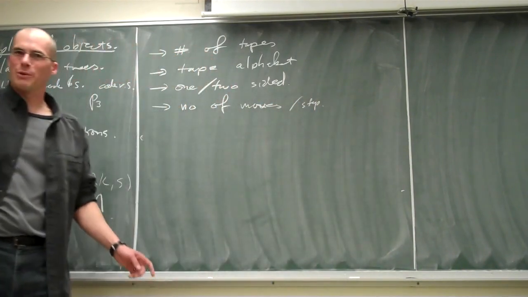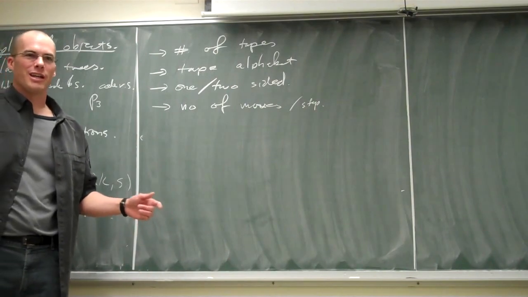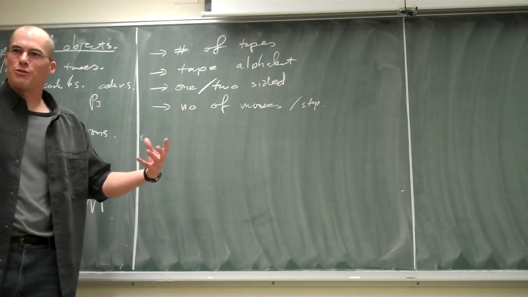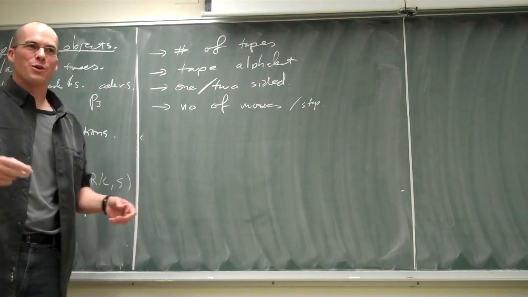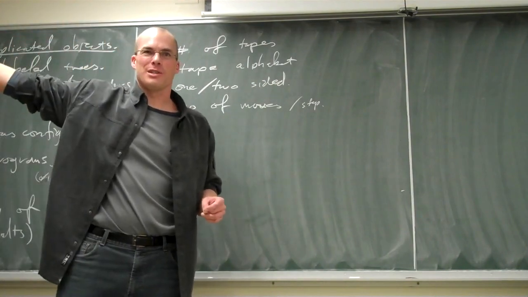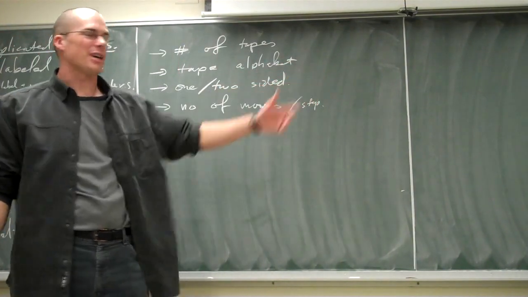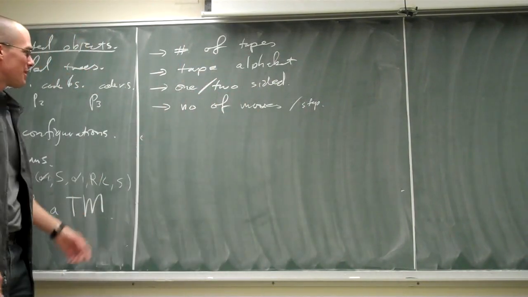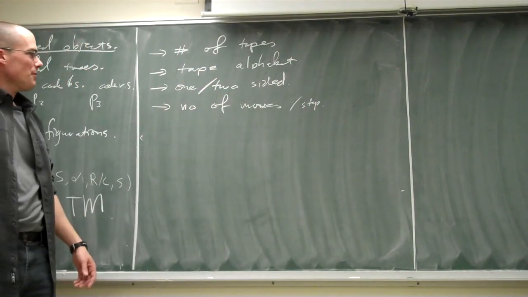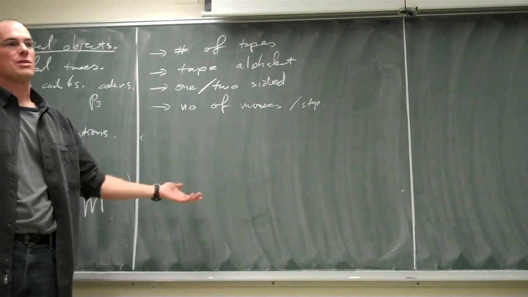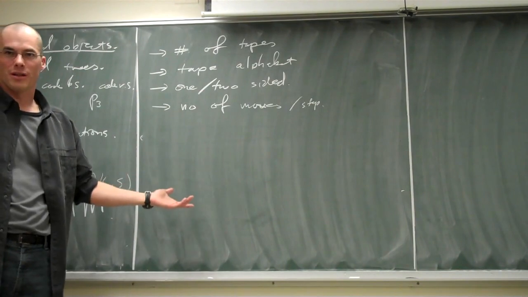Sounds a little funny. It doesn't seem to exactly capture what I mean, right? Types of movement? Yeah, like lengths of moves. Can you stay in one spot, or do you add instructions which say move that direction 481 steps and that direction 500 steps? Consider this all number of moves per step. All of these things don't change the notion of computability.